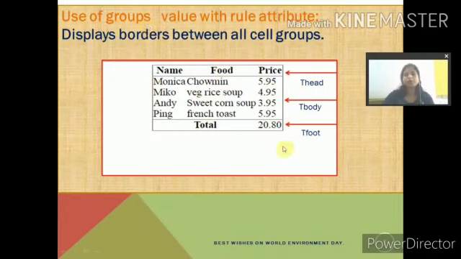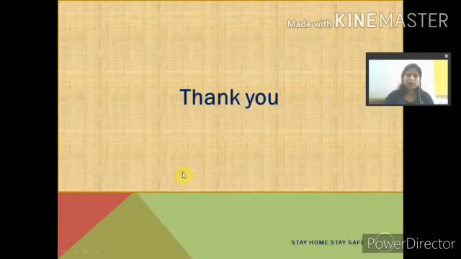Just know today that it will make groups. Cell groups means it will divide the table into three parts: thead, tbody and tfoot, and then it will apply the groups to all these three parts. Okay, so now come back to our notepad and see. Suppose I have already made the table for you.